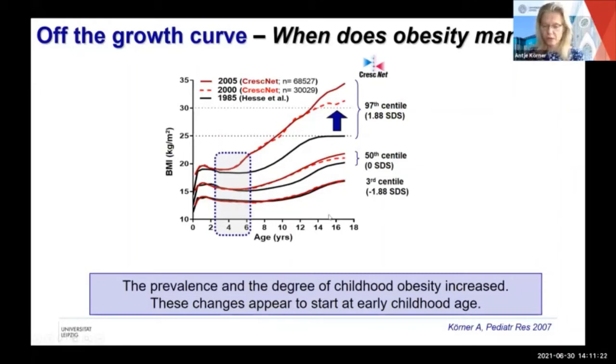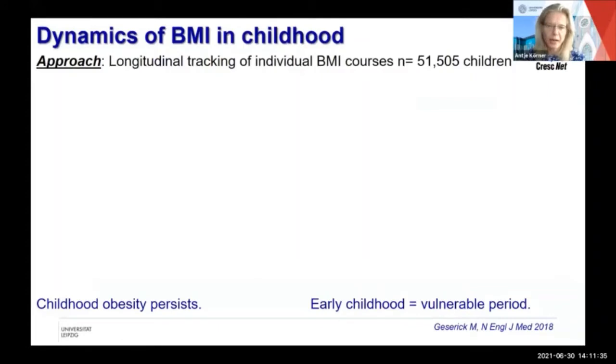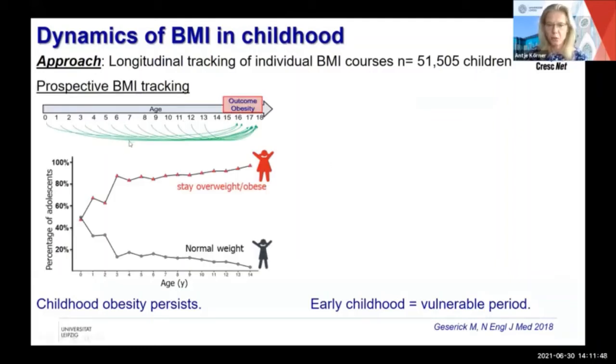But of course, to really understand when it starts, and whether there is a vulnerable age for children to develop obesity, you need longitudinal data. That we had available in Leipzig with this QuestNet registry, where we have longitudinal data of BMI in more than 50,000 children. Now, what is the risk if a child has obesity, of having obesity or being normal weight in adolescence? We did this kind of prospective